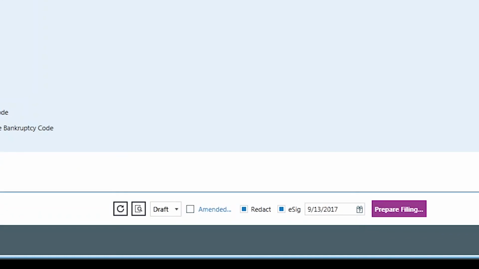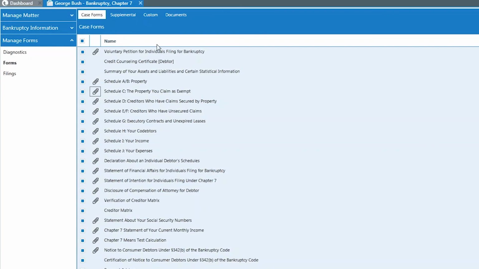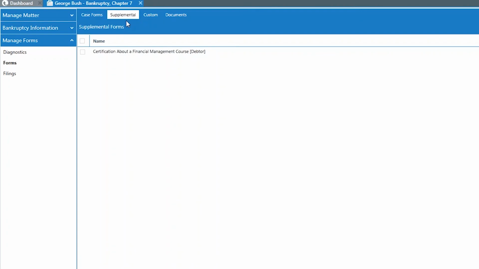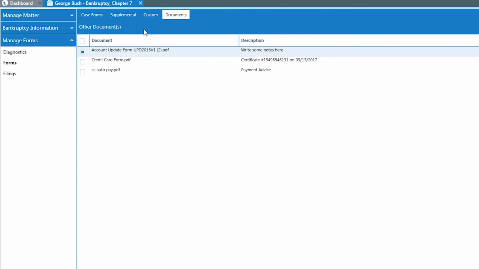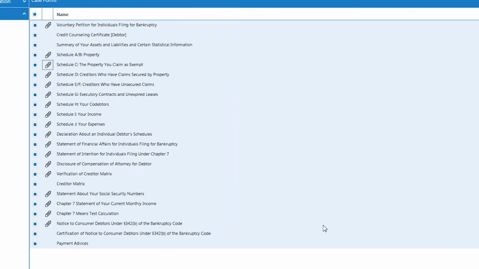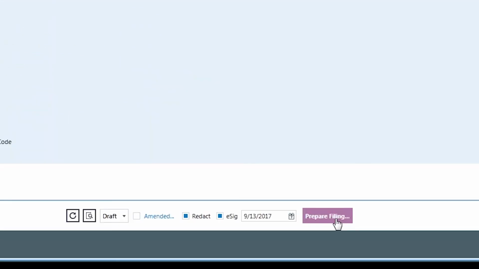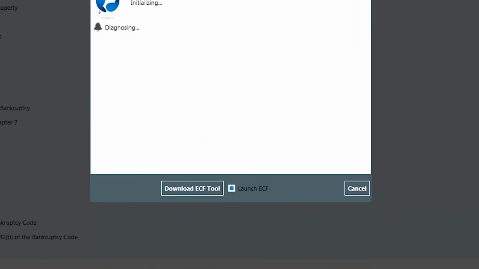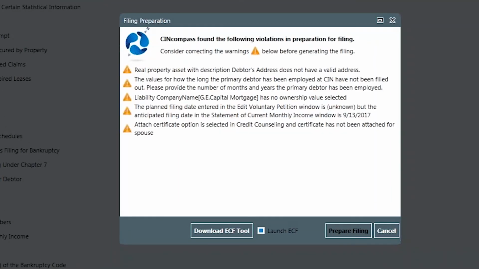So if we were ready to file, we would highlight what we wanted to file, make sure that we highlight anything on these additional tabs, and we would hit prepare filing down here, this purple button. This is going to pop up and show us our diagnostics again, so it's going to let us know that we have these different things going on. If we're okay with those, then we would go forward and hit prepare filing again. You're going to always see this download ECF tool. If you've downloaded it once on that computer, then you won't have to worry about that again, but it's there in case. So then we would hit prepare filing,